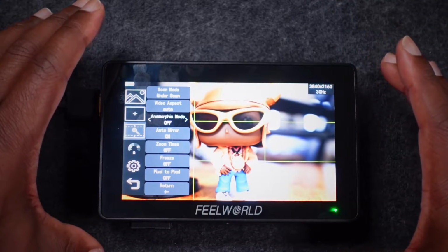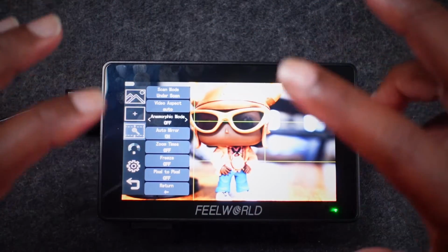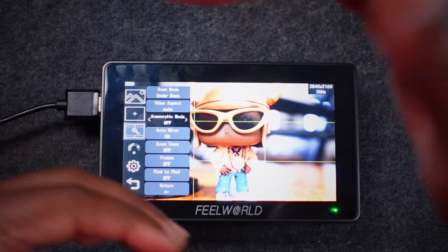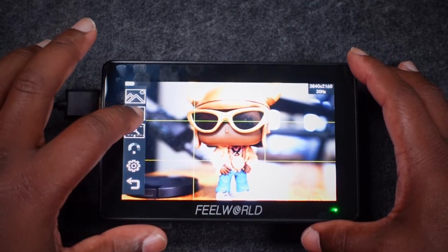The screen also rotates. So if you turn it this way, or flip it upside down or whatever, it'll automatically rotate to keep your picture the correct way. So I think that's another good look. All right, right here, I'm gonna go ahead and turn this